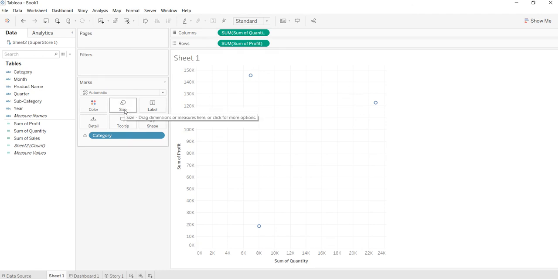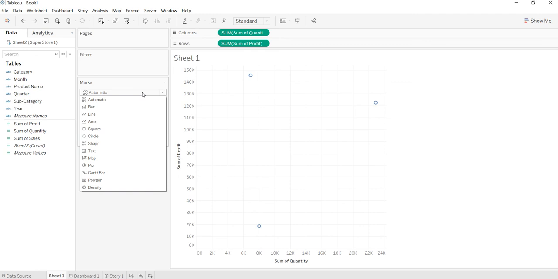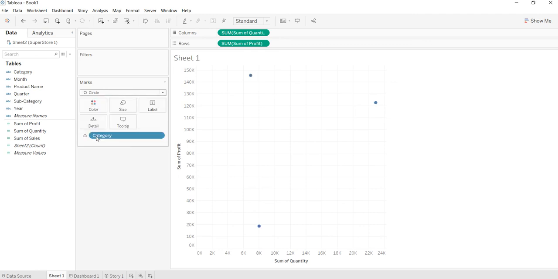Now I can change the type of mark and set it to circle. As soon as I do that, each of these marks is changed to a circle. Again I can take the category dimension and drop it onto the color. Now each of these marks is colored. For furniture this is blue, for office supplies this is orange, and for technology it is red.